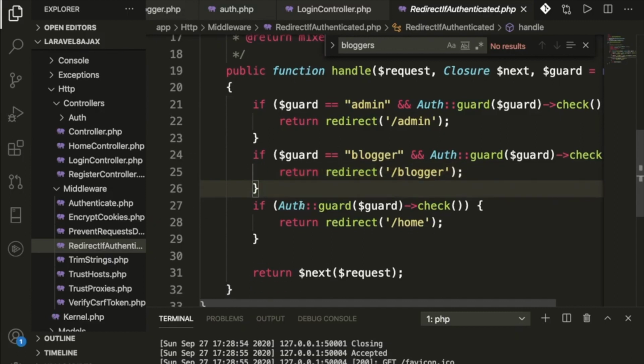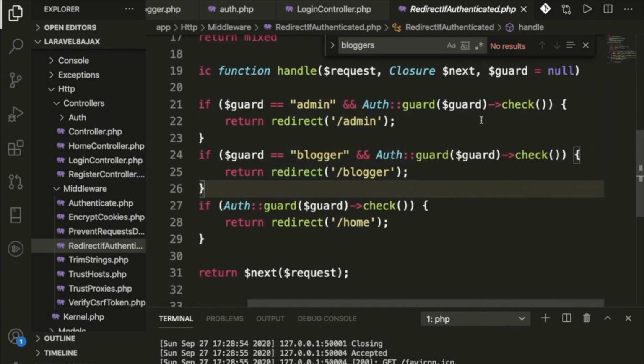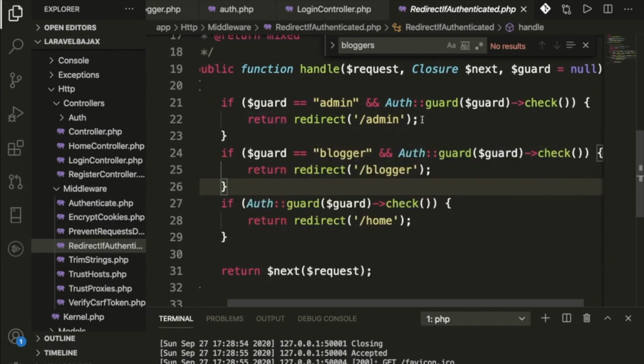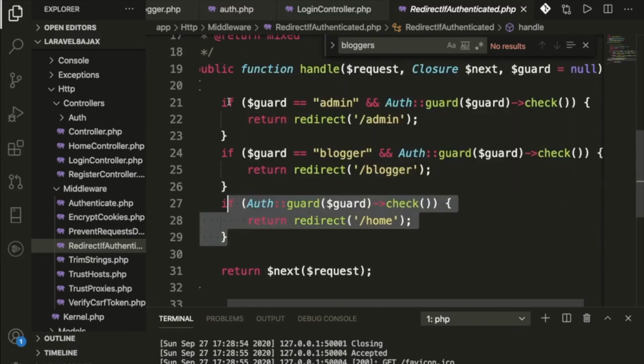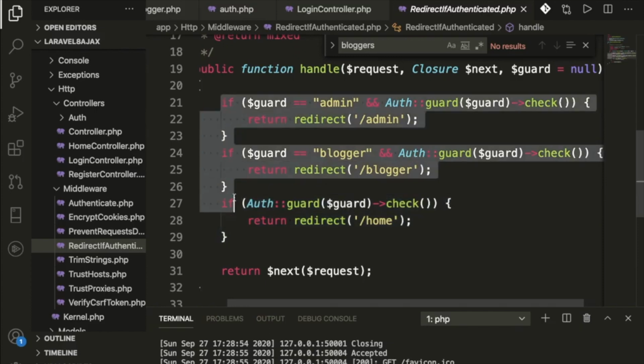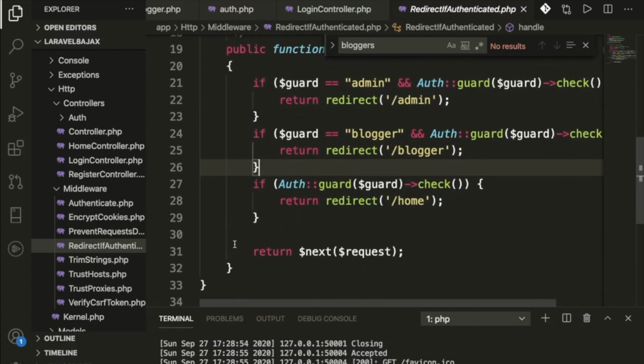If anyone hits the admin, we check from the guard whether everything is fine, and if it is, we redirect here. Same for the blogger, and I have also created the same for the user, but we are not using that one. Once everything is fine, we redirect to the next page.